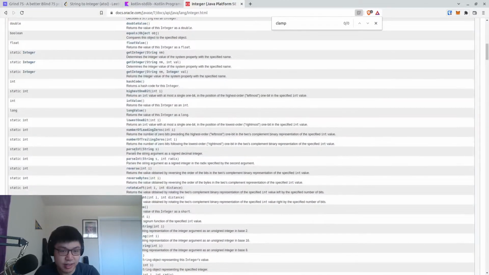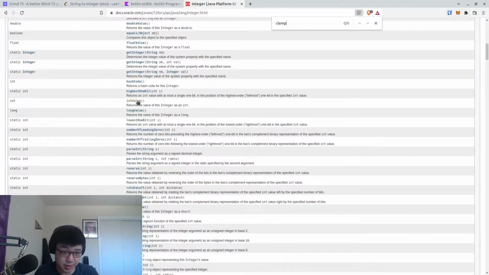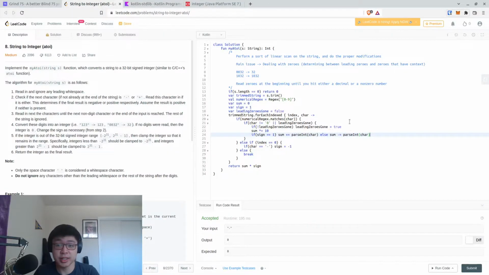Or rather, yeah, the parse int. But what if we did, though? I have a feeling that this won't work. Assuming that the Java specs is correct in saying that it's only integers. If it's only integers,